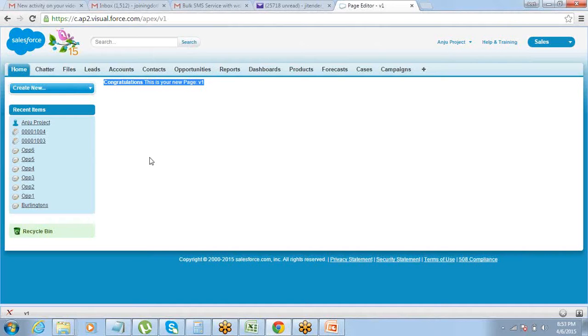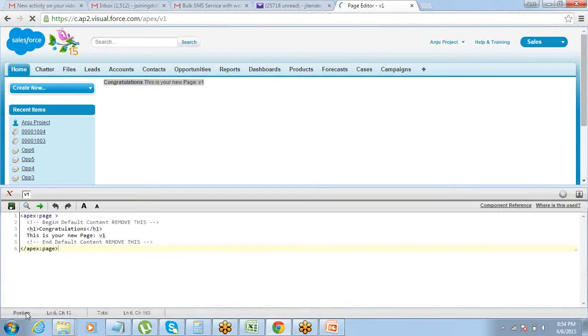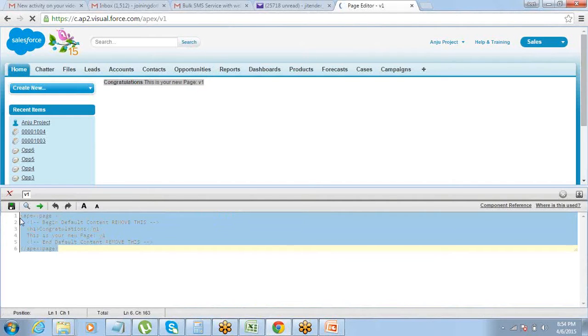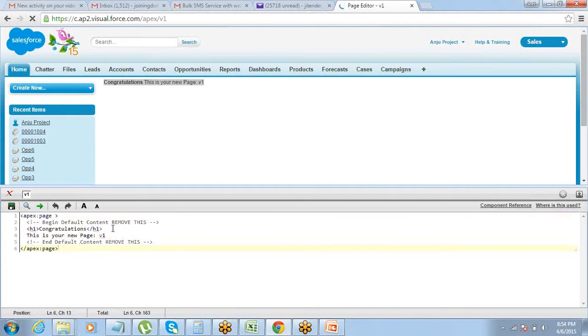Now, this is my page, the actual page, the end result. Where is the code? At the bottom, the moment you create the page, you will see a small panel. This is basically the code editor, so you can expand it and you will get to see the code here. This is the code for your page. Now you keep on writing whatever you want and that will appear on your page.